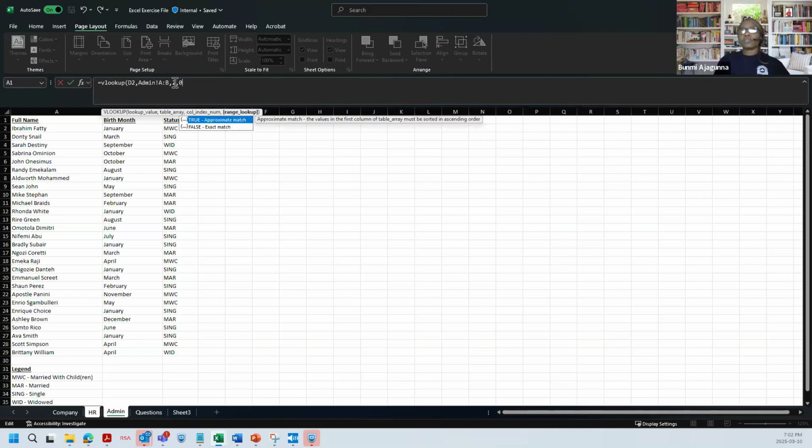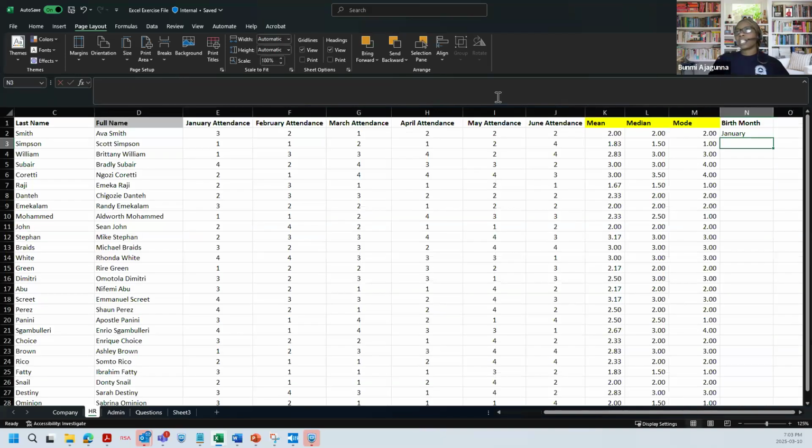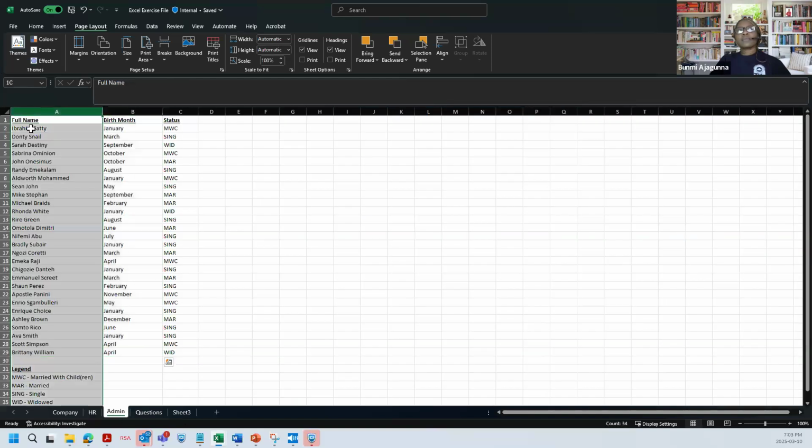If you don't find it, just give me an error. And then you press enter. Then it will bring it to you here. So now what it's doing is bringing Eva Smith's birth month. It went to the admin tab, looked for Eva Smith in A and produced what she had in B.